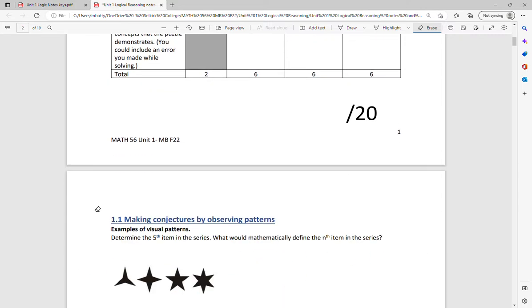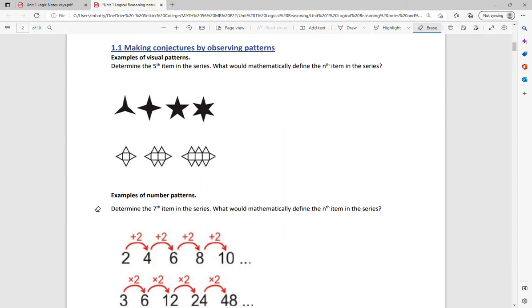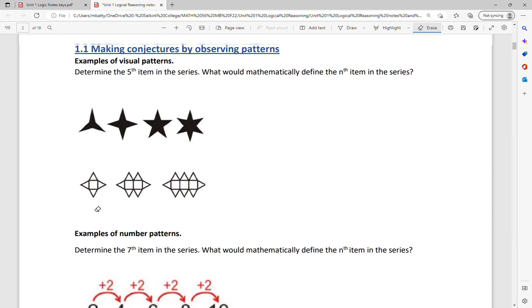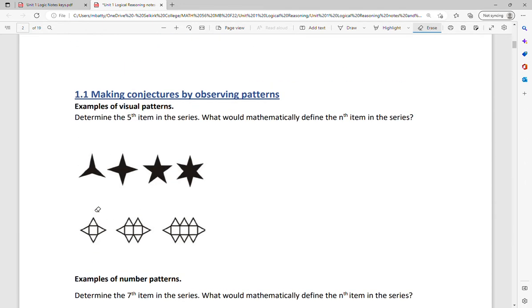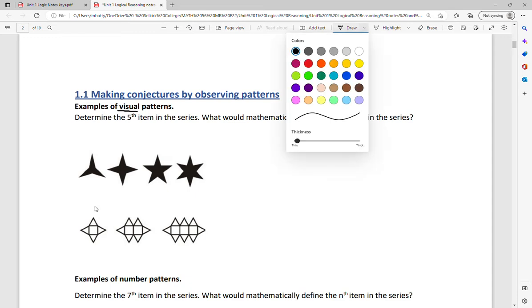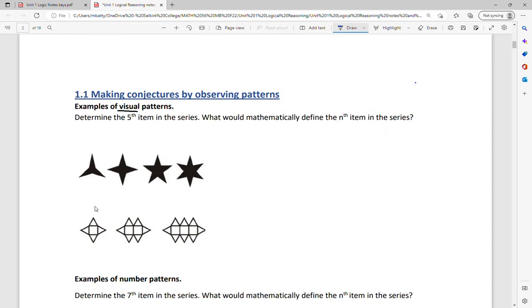So let's get into 1.1. 1.1 is really just starting out with this idea of observing patterns and making conjectures. So making up rules that explain what's going on behind the scenes in these patterns. And you do this all the time. Now I've started with some visual patterns, some pictures, if you will. I love pictures. If I can figure out a math problem with pictures, that really puts me in my comfort